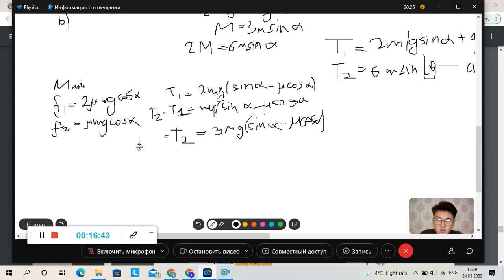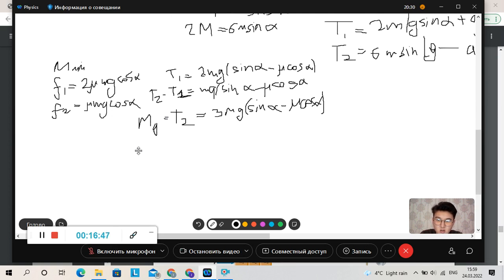And we know that T2 is equal to big mg, and this big mg is a minimum like this 3 small m, and in this bracket sinus alpha minus u cosine alpha. Okay, this is the minimum